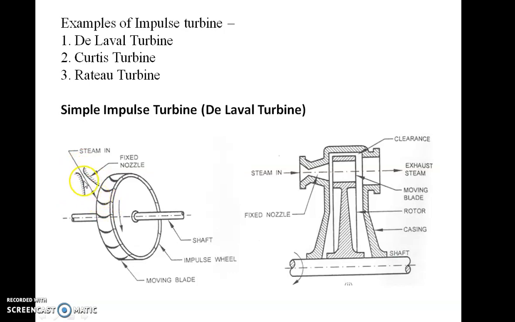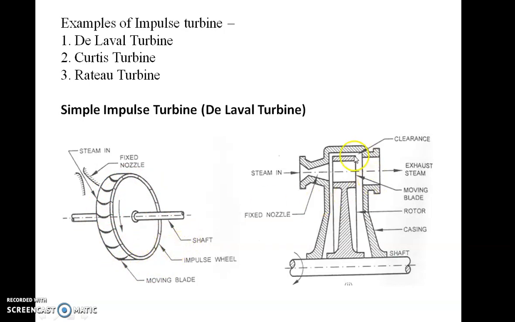When steam is tangentially entering these blades and hitting the curved blade, which is made curved because we get maximum work done in a curved shape, it produces force because of Newton's second law of motion, and it rotates in the tangential direction. It rotates in the tangential direction, and that produces the work done.